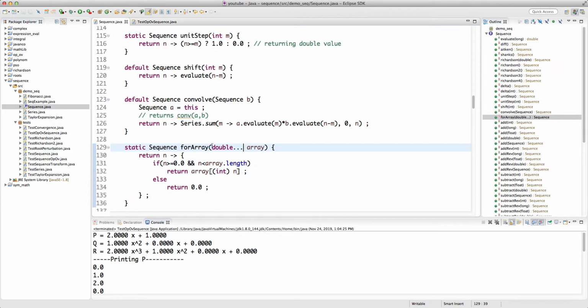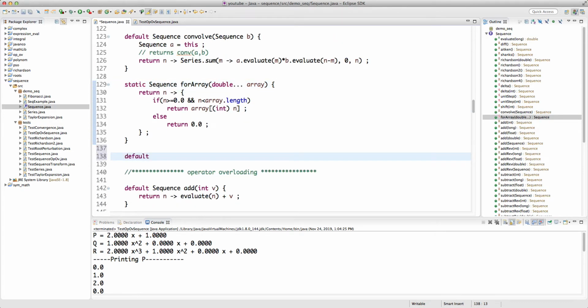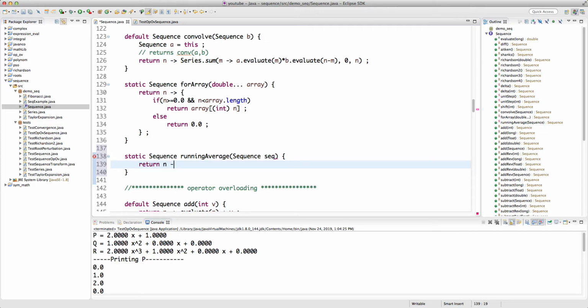So what I'm going to do, I'm going to go to sequence here, use a static sequence running average, and we pass in a sequence and then int m, or order, and this goes to 1 over order times we call the series class, and the sum we pass in our sequence, and we're going to sum it from n to n plus order minus 1. All right,